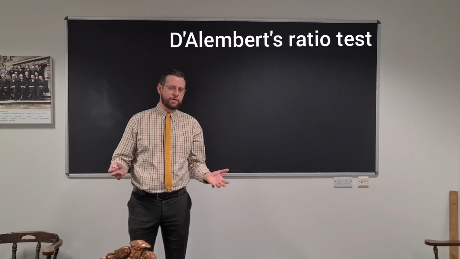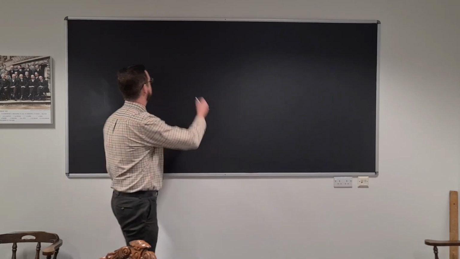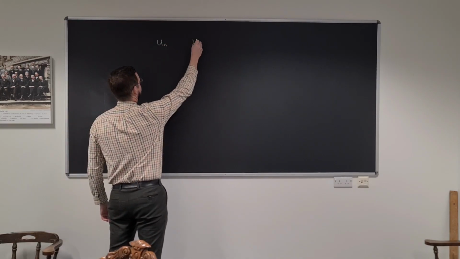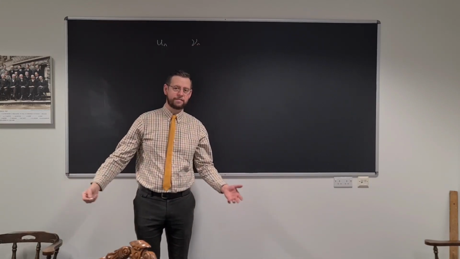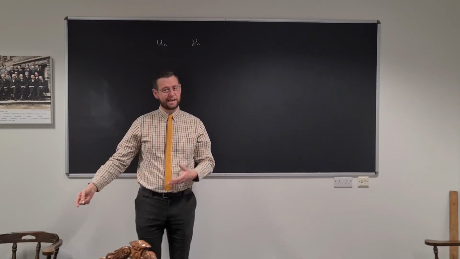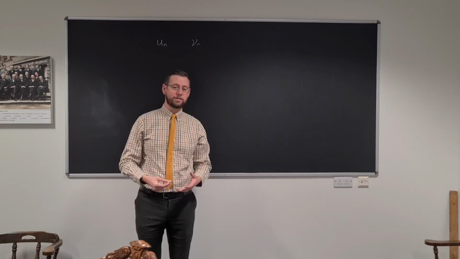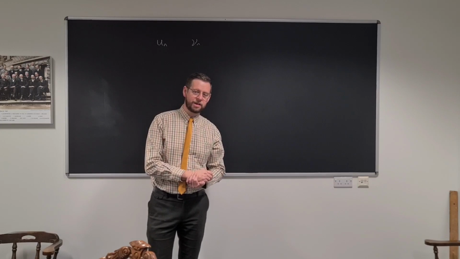What if there is no other series that we can compare ours to? So for series un, there is no Vn that we could compare it to. To test for convergence or divergence, we would have to rely on comparing a series to itself. Now, one of the early pioneers of this was Jean d'Alembert, a French mathematician who came up with the d'Alembert